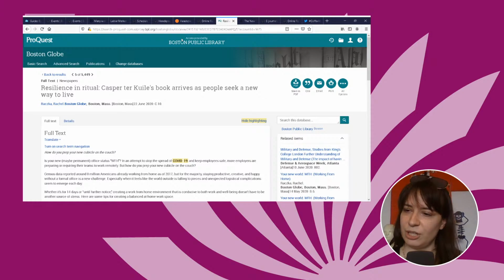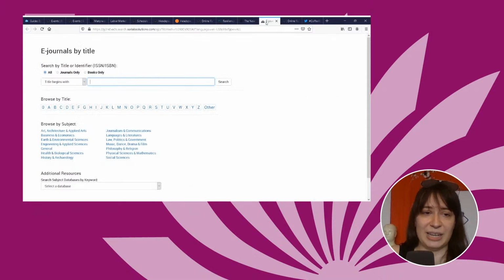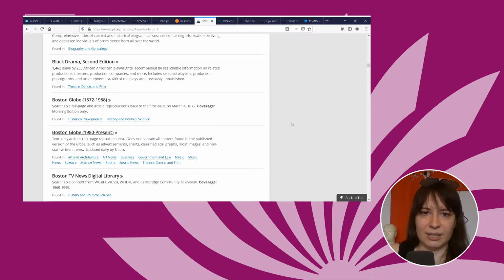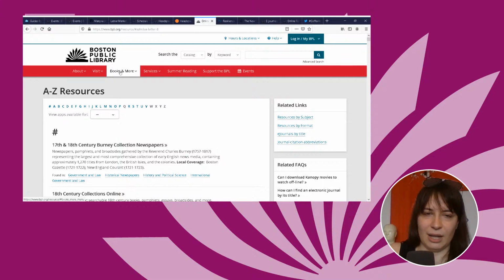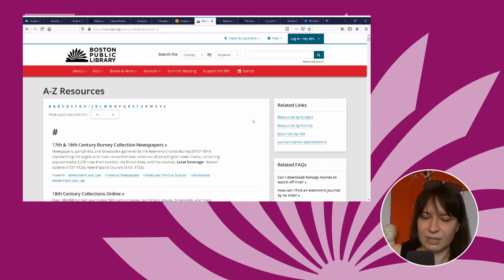And then I'm checking my notes. Yes. So occasionally you'll also want to access some financial newspapers as well. Let me just check to make sure I'm in the right source. Great. So if you're in the online resources page, I'm just going to go back to the top. And remember, we got here from going to books and more and online resources, and I click that blue button on that page. There's some helpful links over here, and I can do that again at the end. But we'll do resources, e-journals by title. So e-journals by title,